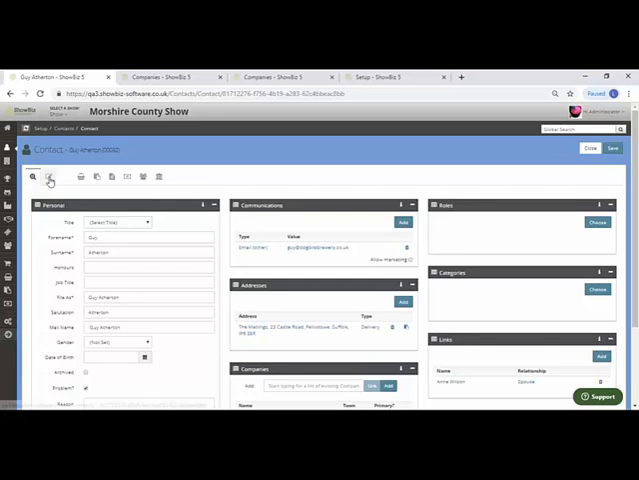So that's the contacts main screen. You've also got the other options of basket, orders, invoices, accounts, memberships and bank accounts. But we'll go into more detail on that in the later webinar. So if we go back to the manager screen,